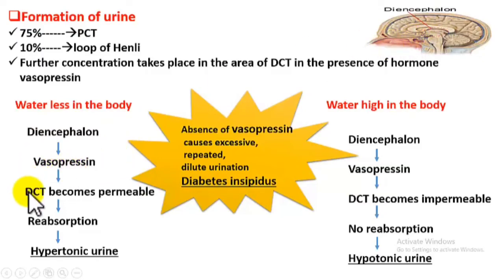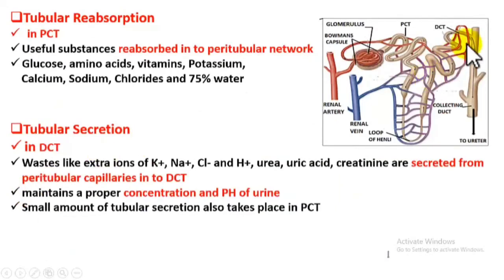This vasopressin acts on DCT. Where is DCT? Here, the vasopressin acts on DCT and makes it permeable for water. What does it mean? When vasopressin acts on the wall of the DCT, the wall becomes stretched. Because of that stretching, gaps arise between cells. And due to those gaps, the water from the tube enters into blood capillaries. Understood? So the DCT becomes permeable to water, and so the water escapes from the tube into the blood capillaries.